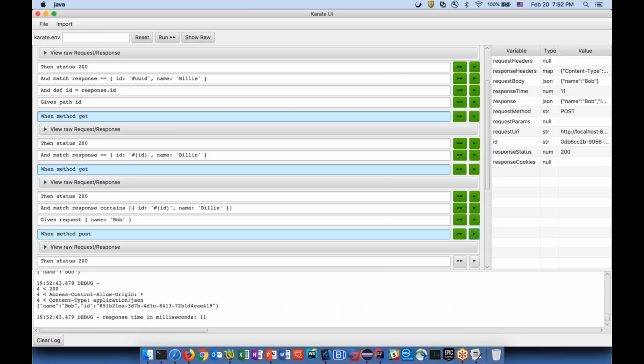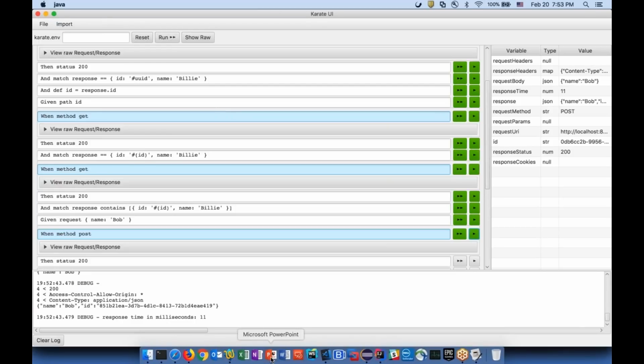Maybe in your case you had this elaborate authentication. You need to go through all those steps just to be able to fix a bug at the end of your test script. That is solved with this. So I'm really appealing to people to take a look at this, and we need help to round out and finish this UI, which is already there, and you can try it out. So I'm glad I was able to call this out.